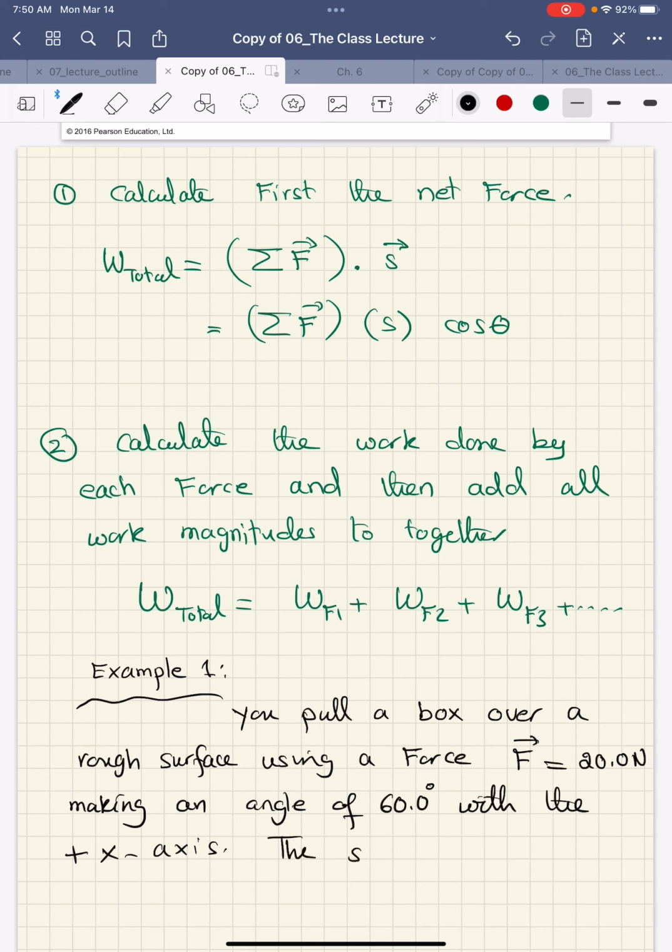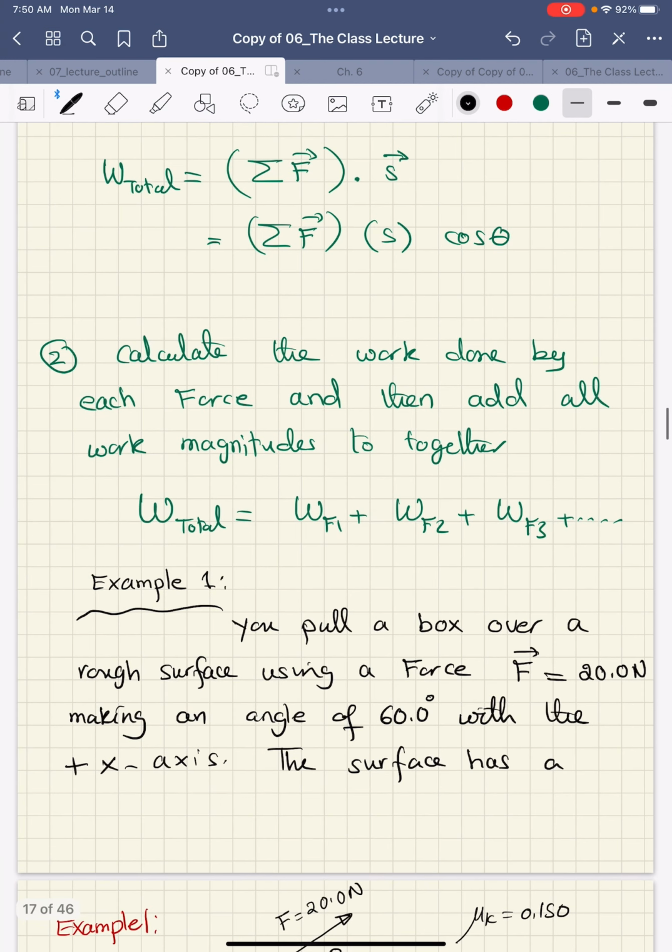The surface has a coefficient of kinetic friction, mu k equals 0.15,